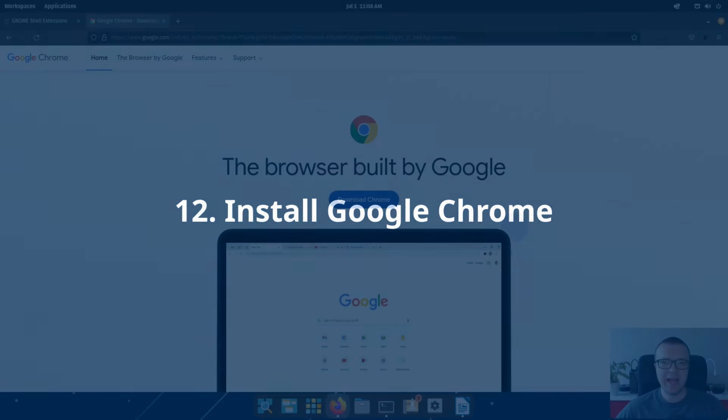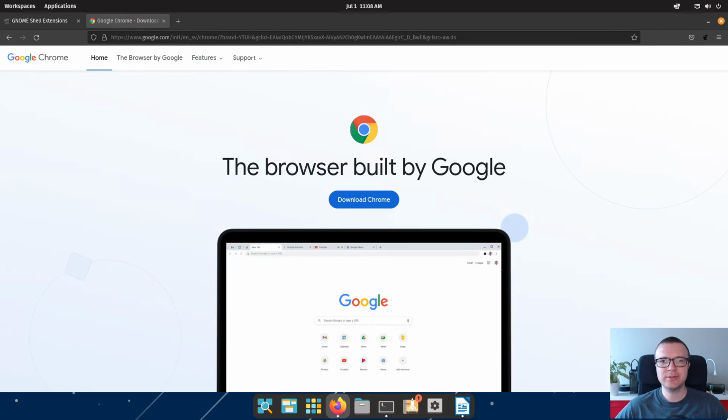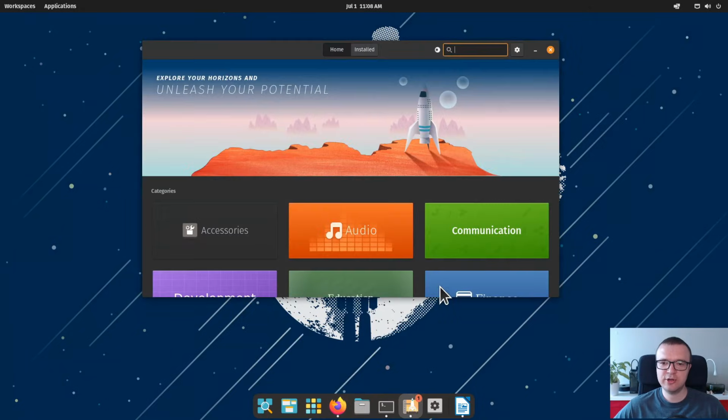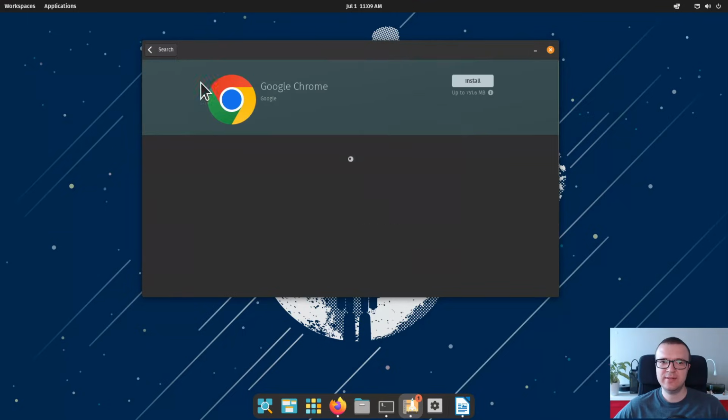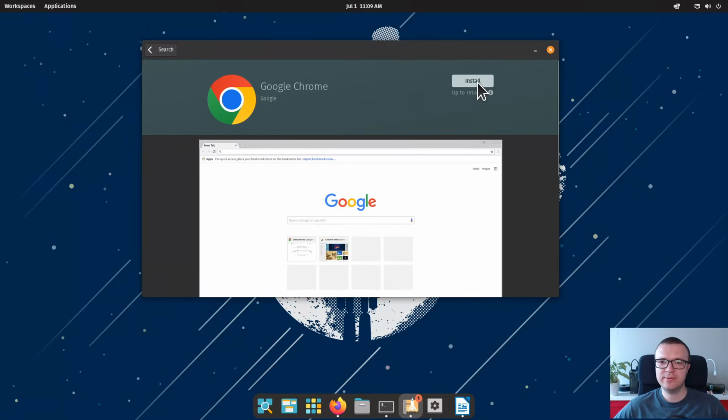Install Google Chrome. I am a big fan of Firefox and I use Google Chrome only as my additional browser. If you also want to use it as an additional browser or as your main browser, you can easily install it in your Pop!_OS. You can just go to the Pop!_Shop, search for Google Chrome, here it is, and then you can install the current stable version, or if you want to have the development version, you can also install the unstable version. But I believe for most users, installing just the standard Google Chrome version will work fine.